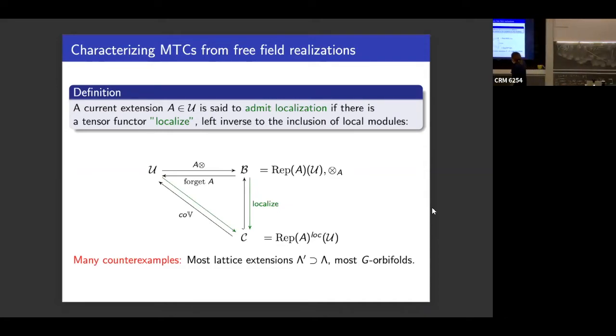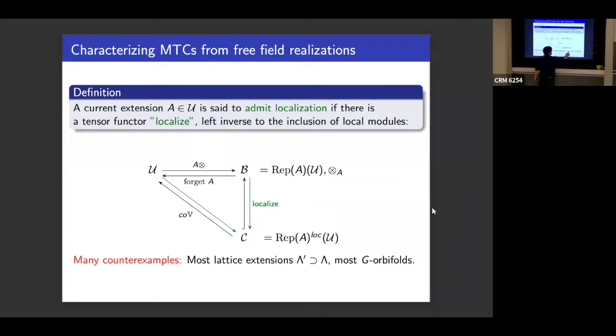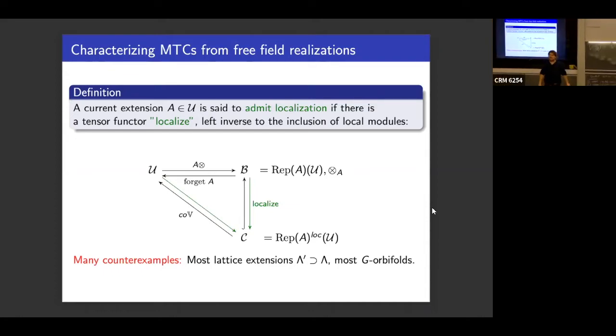And of course, this is usually not what you have. So there are many counterexamples. In fact, most lattice extensions, for example of lattice VOAs, do not have this property because it's a splitting property. It basically means that the new lattice is a direct summand of the old lattice in some sense, or of the discriminant of it. Or most G orbifolds do not have this property. But when you think about Andrew's talk yesterday, those exactly have this property. He said several times that the orbifolds we look at now are more or less trivial. I mean, not trivial, but somehow they are easier than other orbifolds. And exactly in this sense.